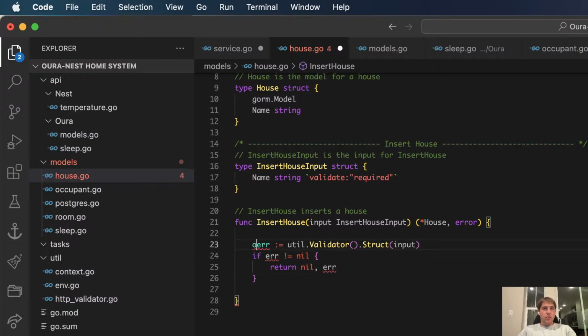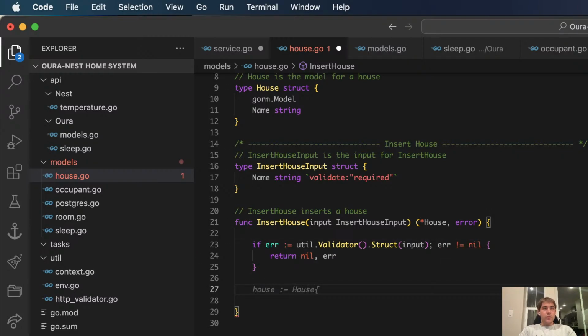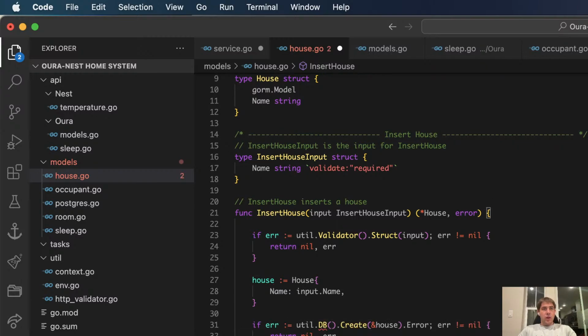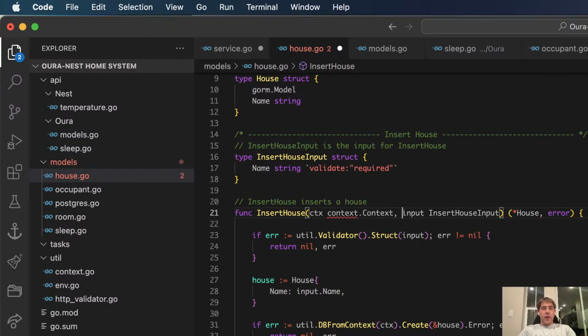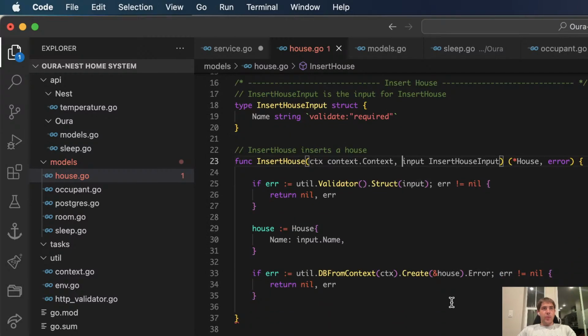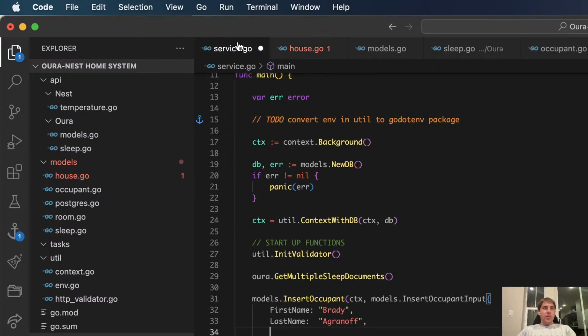I'll move this up though. Let it create the house. Good. And create the house. Nicely done. Context with context. Oh, what am I thinking? I'm relying too much on GitHub Copilot at the moment, especially when I'm tired and making mistakes.